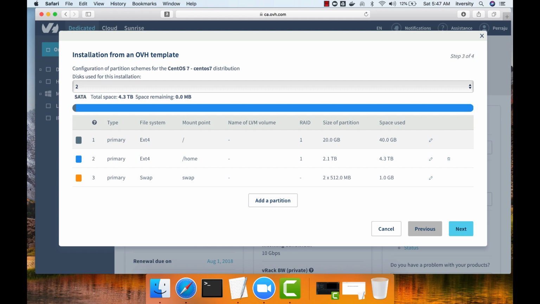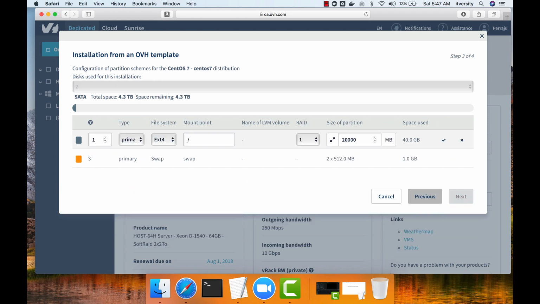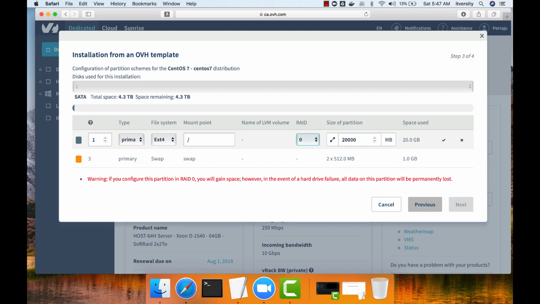and then we can take it further. So I am deleting this partition which is mounted to home, and I want to expand the root partition itself because I'm only learning. I don't need additional mount points. Everything I want to mount on the root file system itself to keep it simple. And I have disabled the RAID, so now I can actually use 4 terabytes of storage, and then changing this to 4, I will be using the entire storage. Okay, so this will actually cover 99% of the storage,